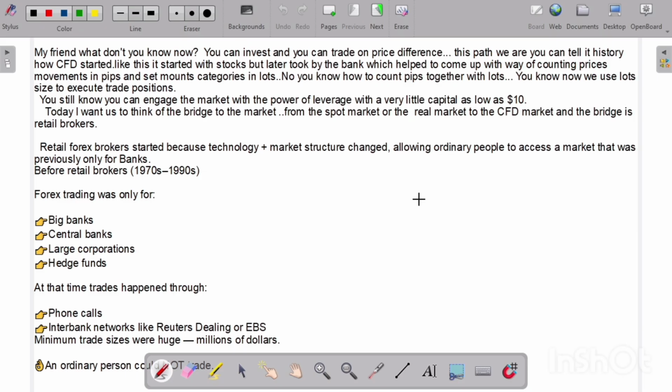So if the broker is offering maybe 1:500, it's just 500 multiplied by your deposit, and you see which category you are. So if you have $100, you multiply by 500, you can see you have 50,000. So with 50,000, you are in the category of mini lots. So you have 5 mini lots. So you can open a position of 1 mini lot, because we said you can't open the full size